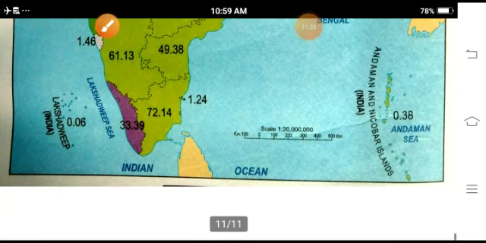That is very important for your course, and please all of you go according to your course. And one thing I told you, if the location is not exact, your marks will be deducted. So please all of you practice on the physical map of India. Okay, goodbye to all of you.